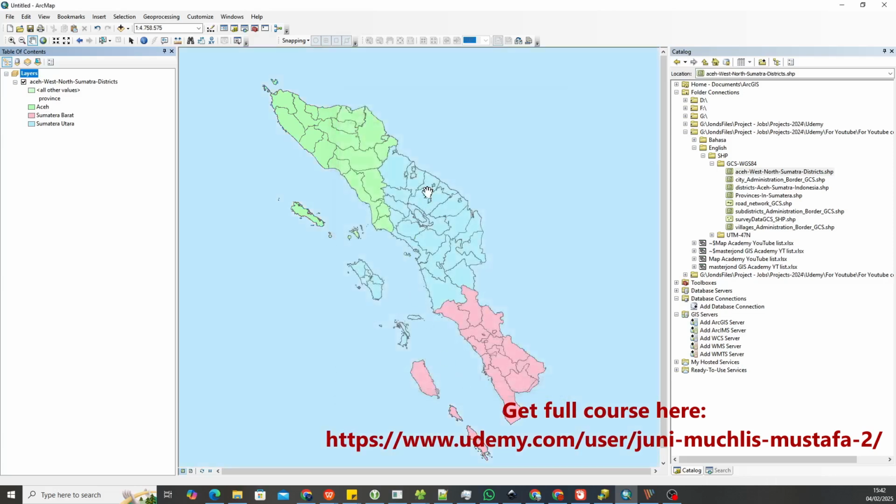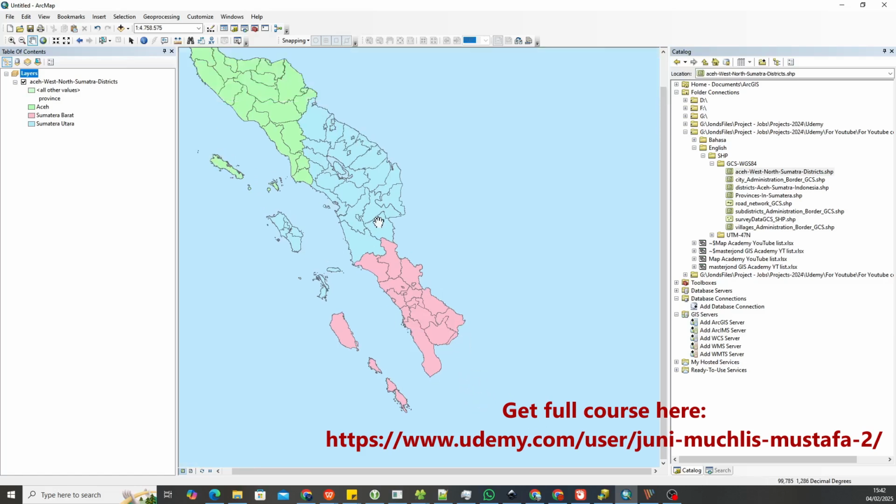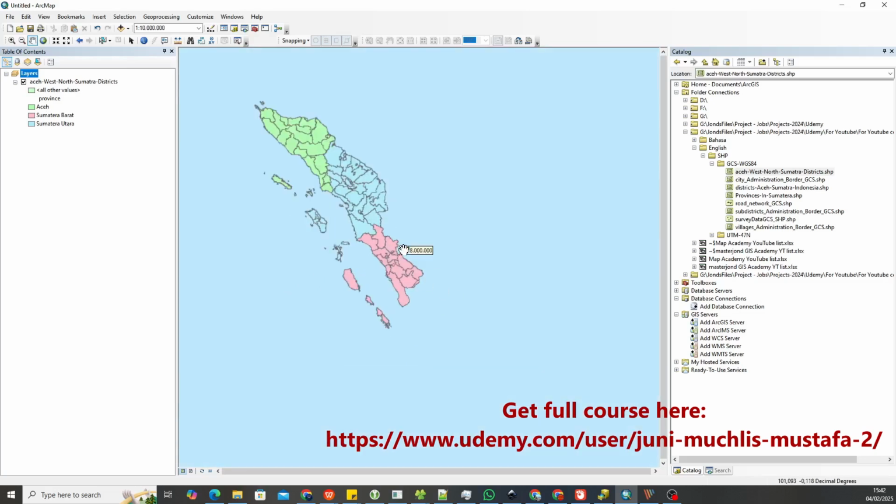And okay, but if you think this blue here surrounded here is ocean or sea, we will be mistaken. This is wrong, because here it is the Riau province, here Bengkulu province, and Lampung province. I mean, there are some provinces left that is hidden here. So for that we need to put